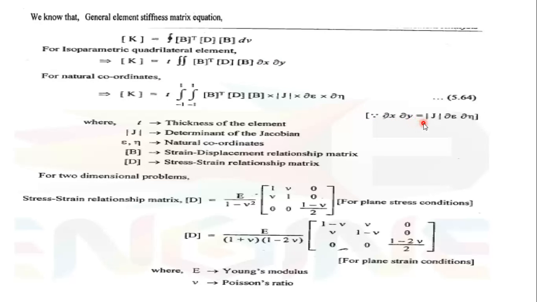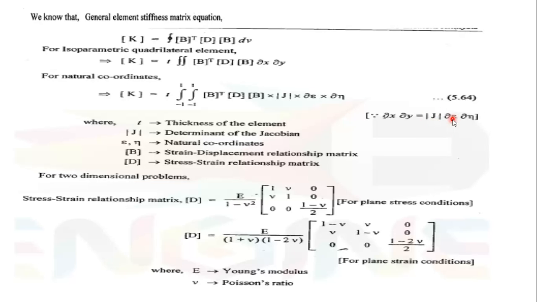If you want to represent it in terms of natural coordinates, ∂x ∂y will be converted to mod J into ∂ε ∂η. The ∂ε ∂η are the natural coordinates, and mod J is the Jacobian transformation. So this is the importance of the Jacobian transformation: it is used to transfer from the natural to the global coordinates. That is the mediator for the entire